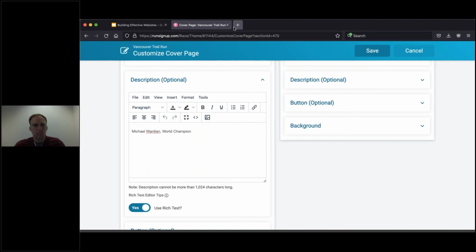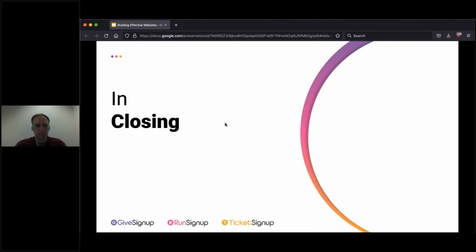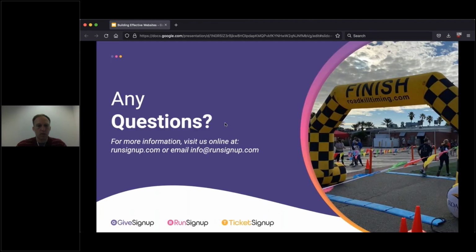So this question's not specific to cover pages, but since I know you made mention of it, this question came up. Is there a way to test registrations before making the site live so that we can check for other issues? Absolutely, yeah. As a race director, anybody that has race director access, regardless of whether the site is published or even if registration's open, that sign up button at the top of the page on your main page will always appear for you. And that's so you can override those registration periods